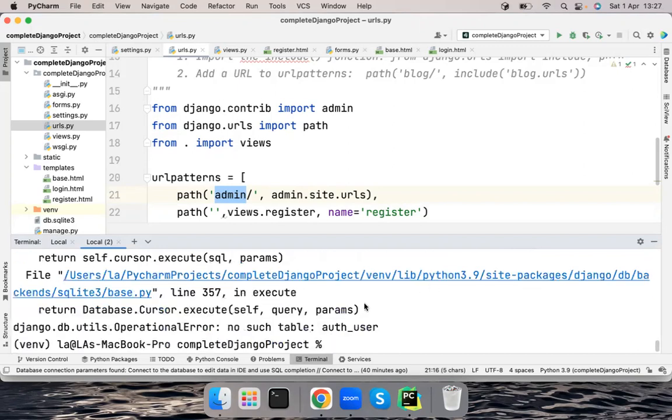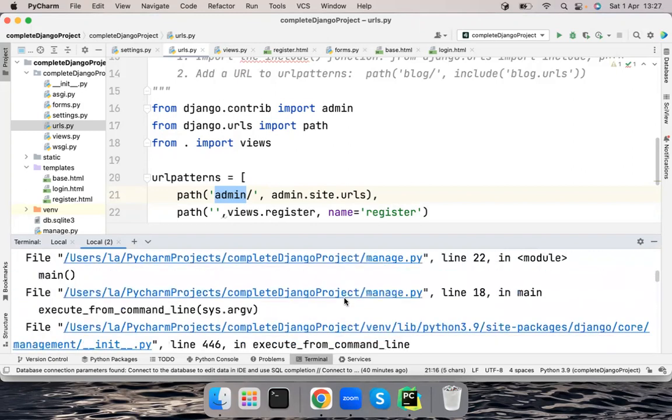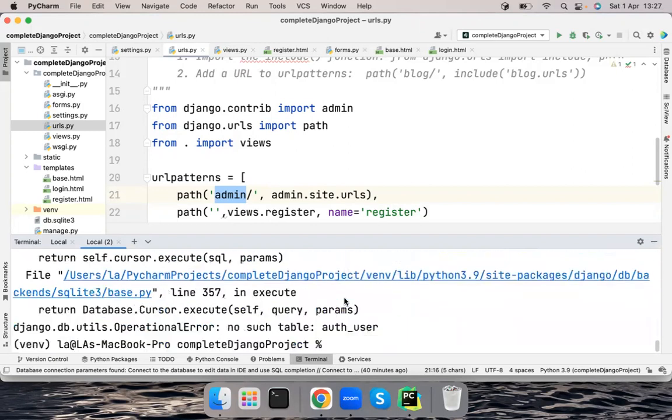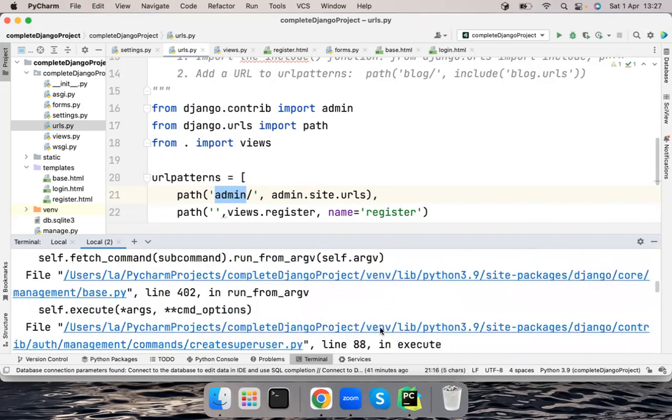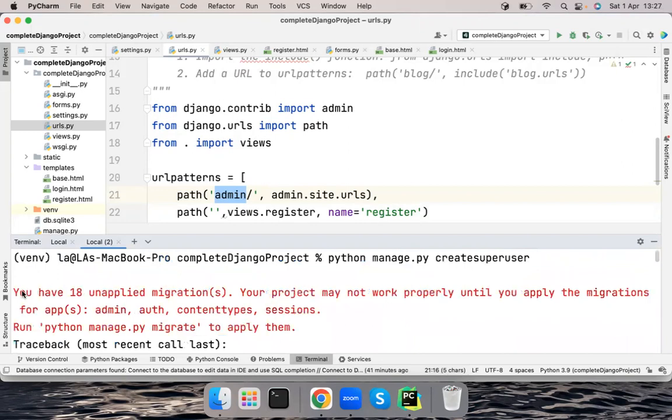Right now it is crashing. It's giving me a bunch of errors, but the error that sheds some light is the last one, which tells us there is no such table called auth_user. It means we have all along been ignoring a very serious warning. Every time you run your project, you always see this red message: you have 18 unapplied migrations. Whenever you create a Django project, Django comes with a management system behind the scenes, which needs to